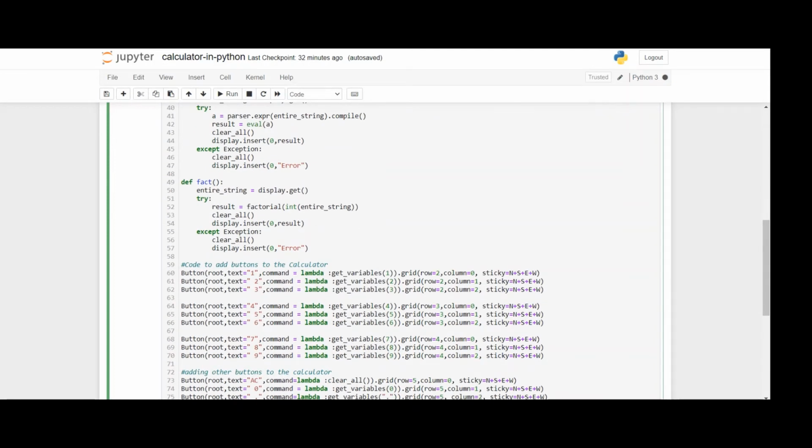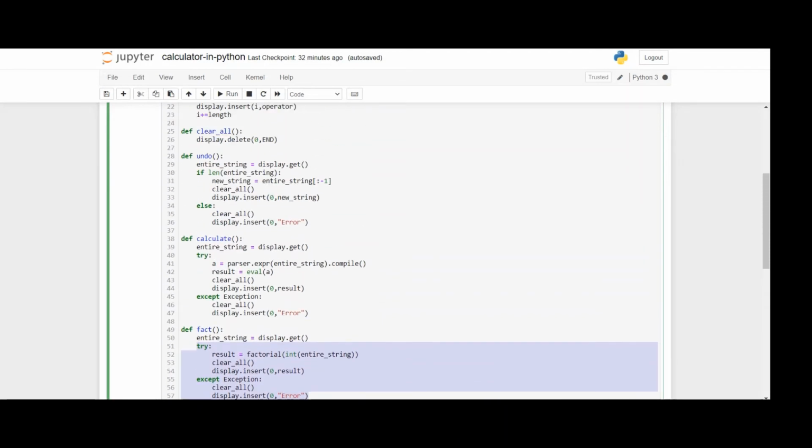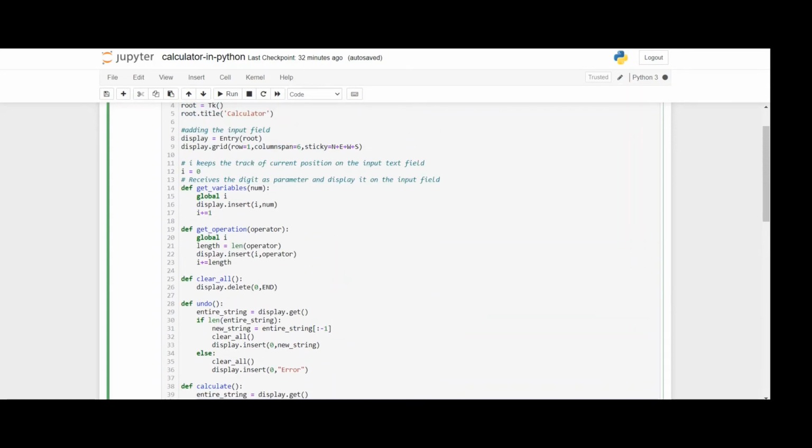Here we also do another thing, that is exception handling. Exception handling is the more vital part in all the codes, all the functions. You also know that if we write 2 divided by 0, what's the answer?